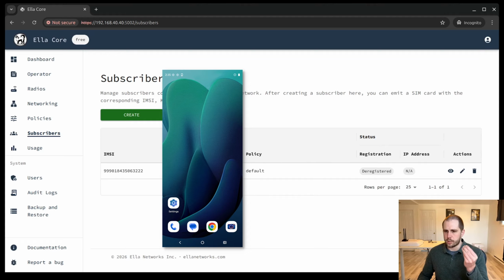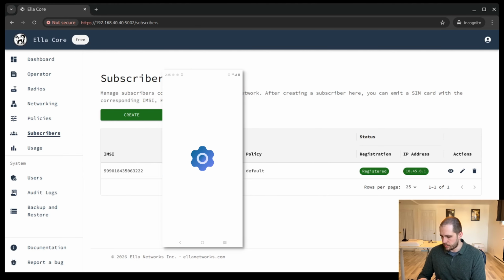And let me insert the SIM card into the phone. If we look at the top right of the phone, it will go from having no connectivity to having 5G connectivity. There we go. So at the top right here, we can see that we have 5G connectivity.